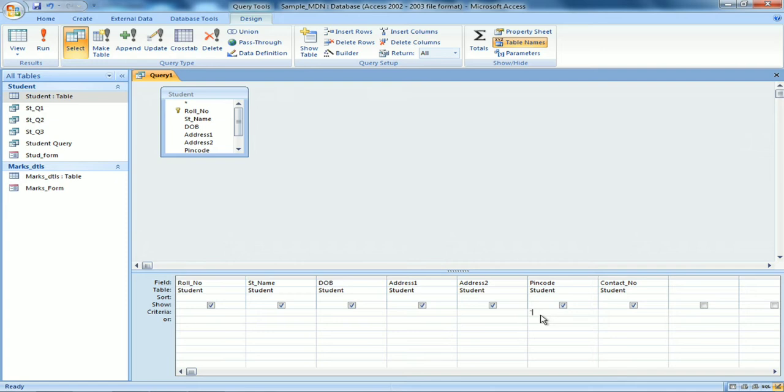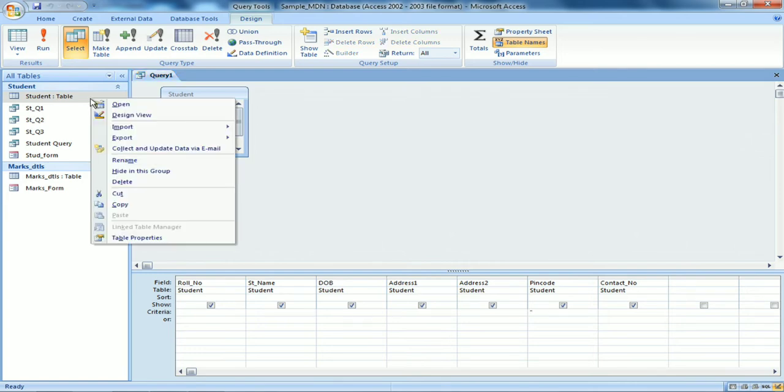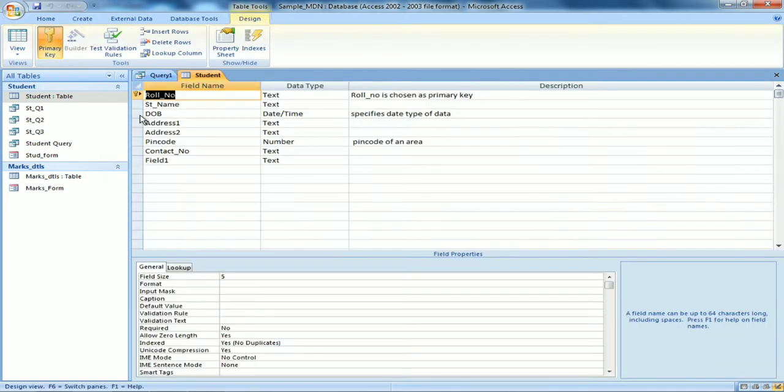PIN code, as far as I remember, was a text type of field, if I am not mistaken. Let me just check it. Student table, open design view. PIN code was a number. Okay, so number I cannot enclose within text.